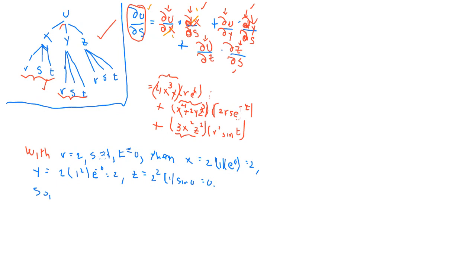So the partial of u with respect to s, that partial derivative, when r equals 2, s equals 1, and t equals 0, is going to equal then,